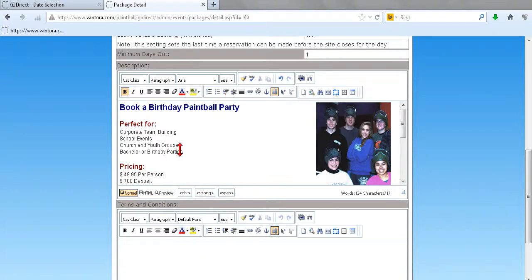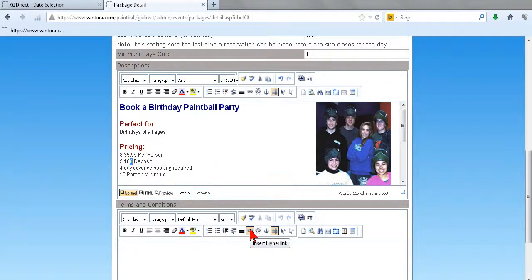And perfect for birthdays. So we're going to take out corporate team building, and we're going to put in birthdays of all ages. And then we'll delete these other things here. So you can just copy and paste this as you want. Maybe your pricing is $39.95 a person, and there's a $100 deposit, or a $10 per person deposit, whatever you